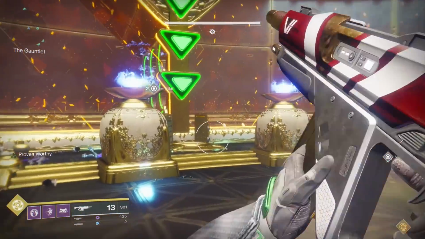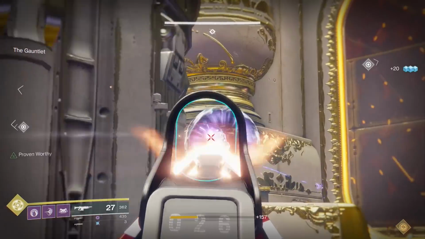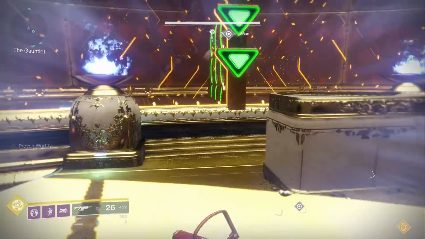And I believe I also killed the second Psion on this plate right here. So as you can see, I melee this first Psion that's always spawning, and then I go ahead and take out this Psion right here. So for those of you wondering what strategy me and my team is doing here, basically the strategy is that